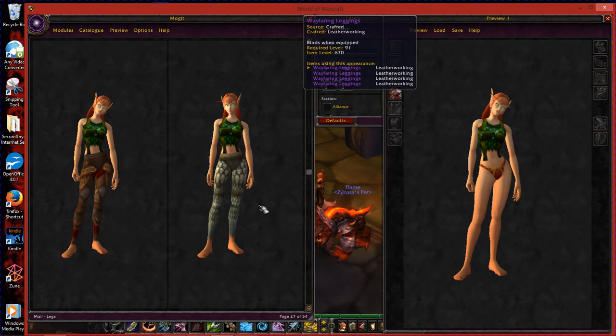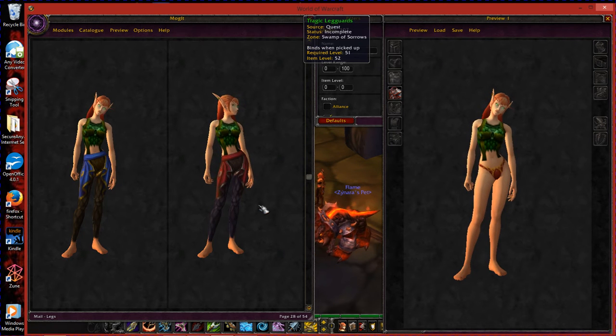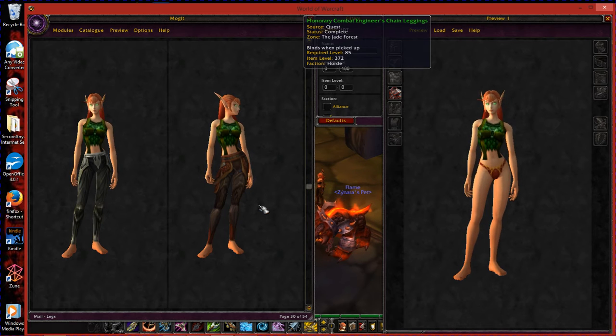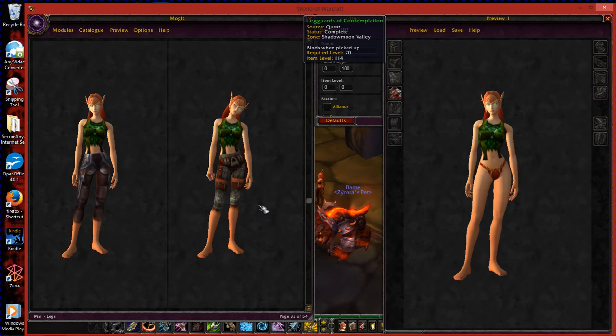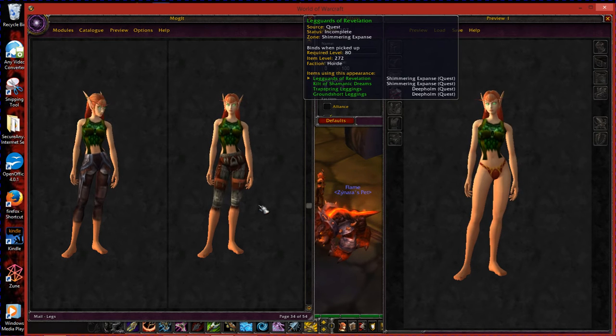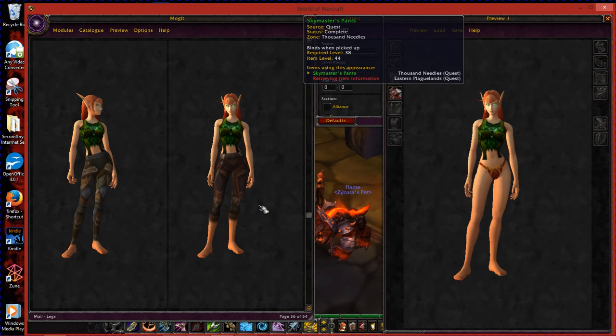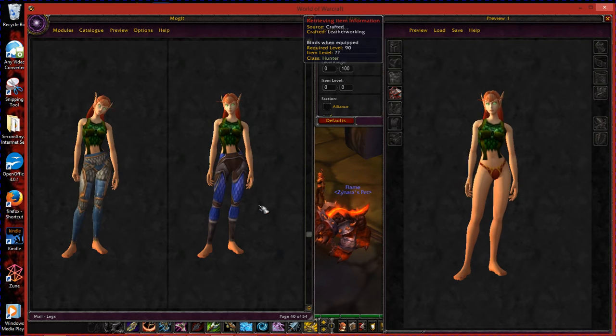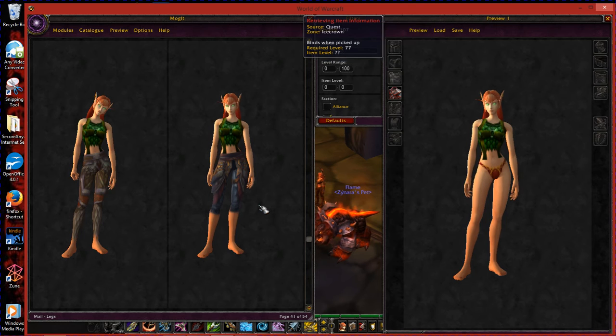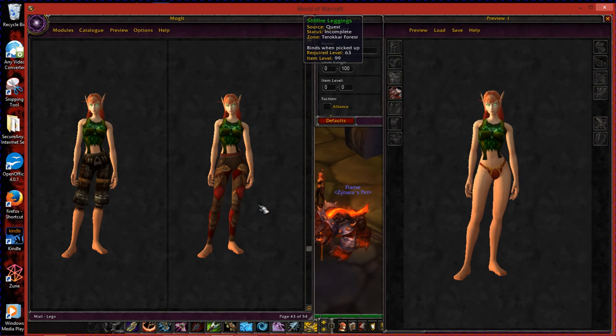Right now I'm looking for a specifically green outfit, and I'm not having any luck, which sucks, especially for this purpose. Let's see if we can find anything that might work. And I am not finding it.